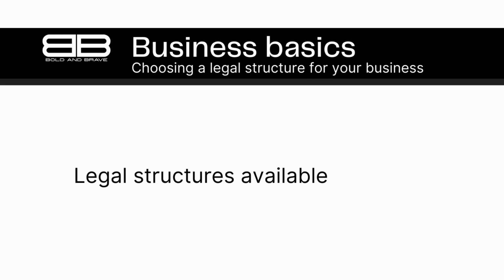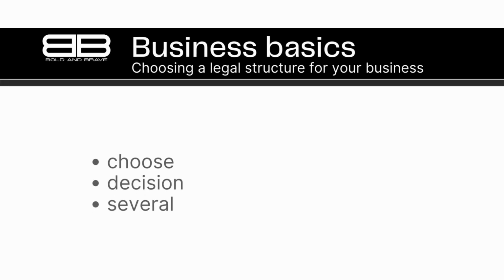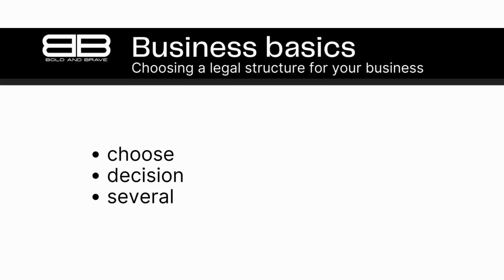Legal structures available. The first step in choosing a legal structure for your business is to understand the types of legal structures that are available. These include sole proprietorship, partnership, limited liability company, LLC, corporation, and cooperative. Starting a business can be an exciting and rewarding venture, but it's important to choose the right legal structure for